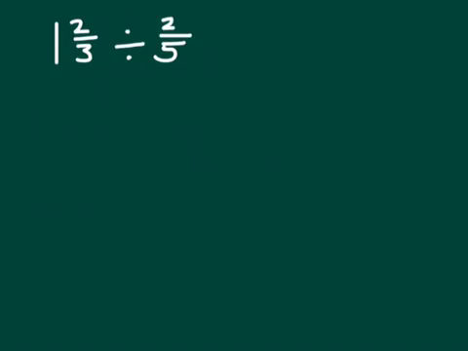So in this example, before I can do any calculation, my mixed number has to become an improper fraction. So we need to change this before we can do anything else. So we're going to change it into thirds, because this is thirds here. So we have a number of thirds. 1 whole is the same as 3 thirds. 1 times 3, that's 3 thirds, plus our extra 2. So in other words, 1 and 2 thirds is the same as 5 thirds. And then 5 thirds is going to be divided by